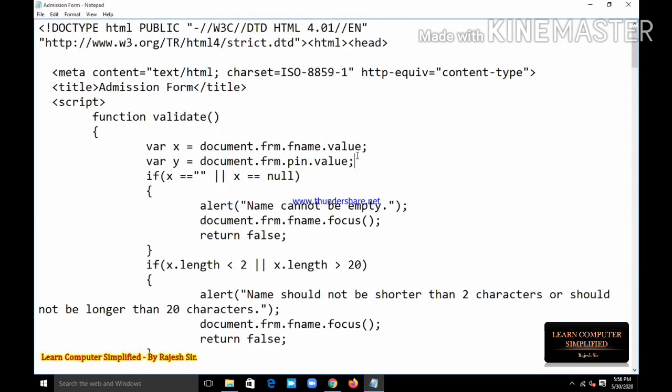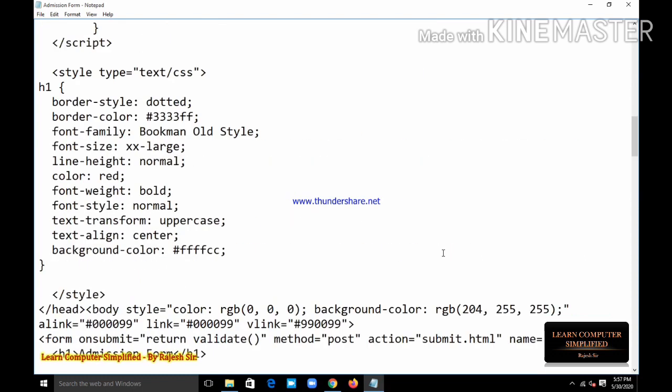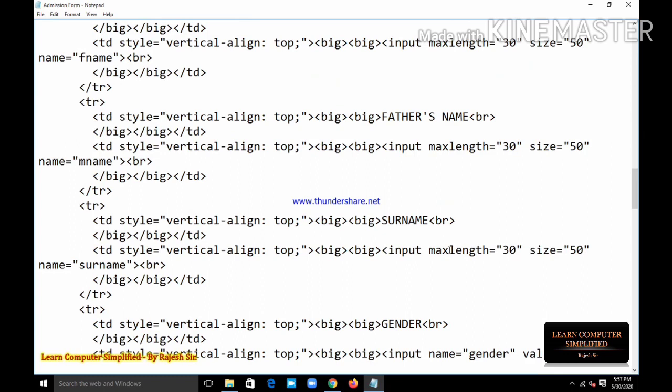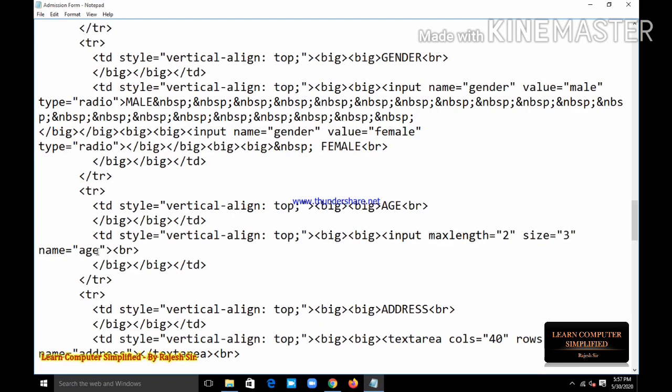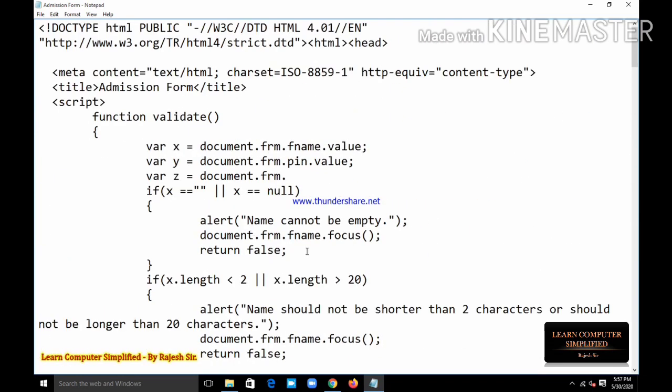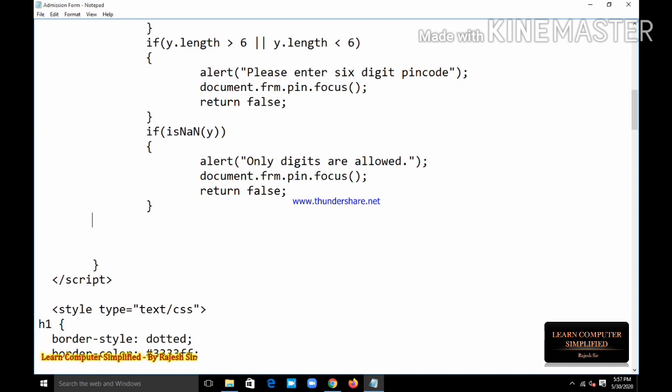Here our text box is changing, so again I am creating a new variable z that is equal to document.frm. What is the name of the control? The name is age only. So I am writing here age.value, right? Before we add a numeric weightage I have to check whether it is empty or not.